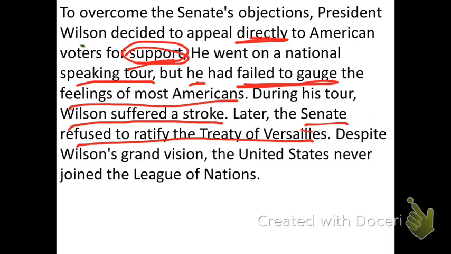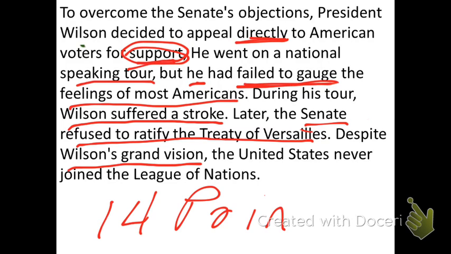Nothing can be done unless that treaty is ratified. So, despite Wilson's grand vision, and his grand vision would be his 14 points, and of course, most importantly, the League of Nations. Despite Wilson being the architect of the League, of the 14 points, being a key member in the writing, the negotiating of the Treaty of Versailles, in spite of all the concessions he gave up to the English and the French, the harsher treatment toward the Germans, the war guilt clause, the reparations,